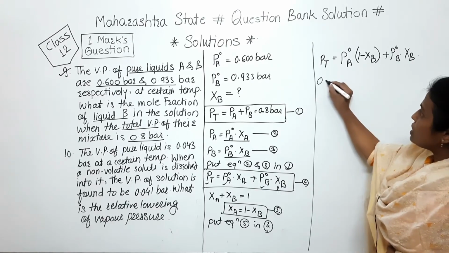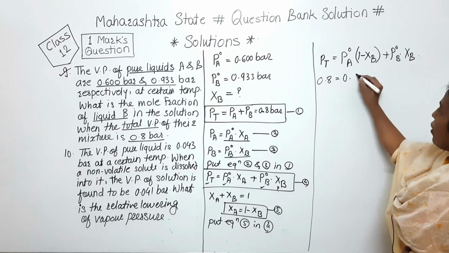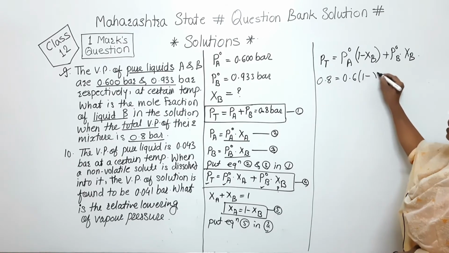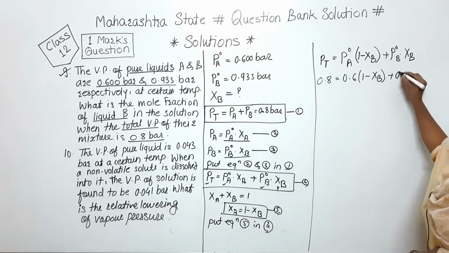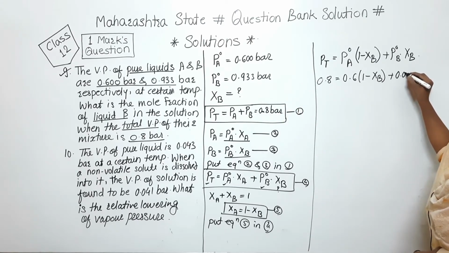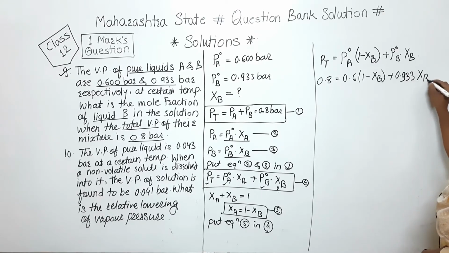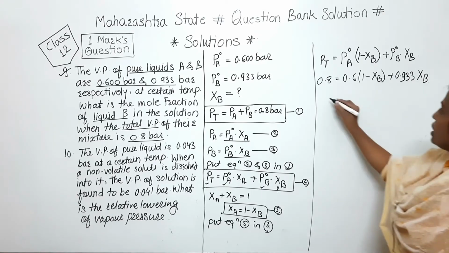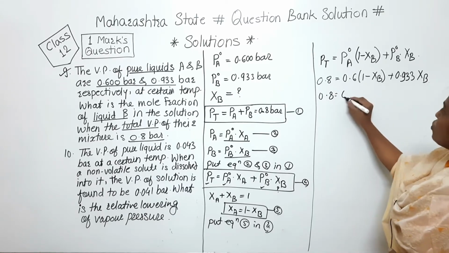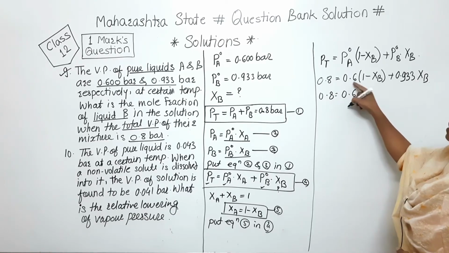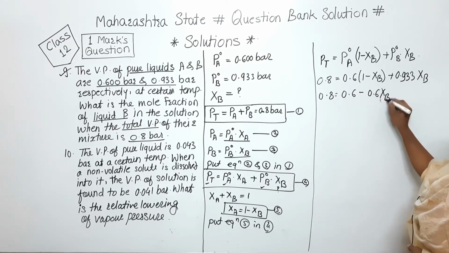See, PT 0.8 is equal to P naught A, it is 0.6, into 1 minus XB, plus P naught B is 0.933, XB will be as it is. Finally, 0.8 is equal to, we are multiplying this, so 0.6 minus 0.6 XB plus